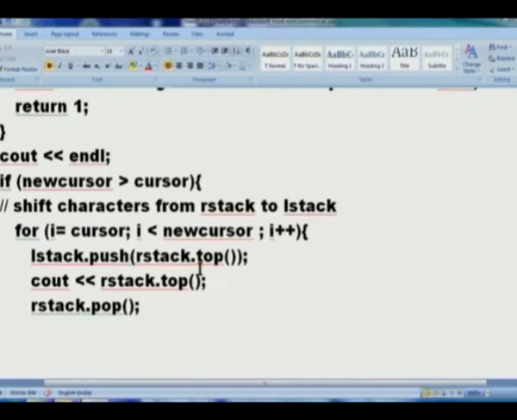But that does not remove it from the right stack. So I say R stack pop. You remember that? Top followed by R stack pop will complete that pop operation. What is this C out R stack dot top? What is this C out and less end L? C out is an output statement. This will produce an end of line, and this will produce every character which has been taken out from the top and put on this side.